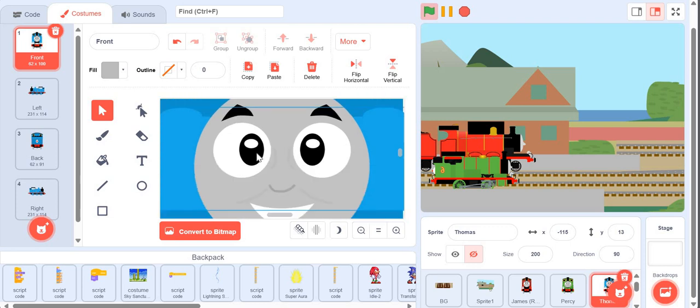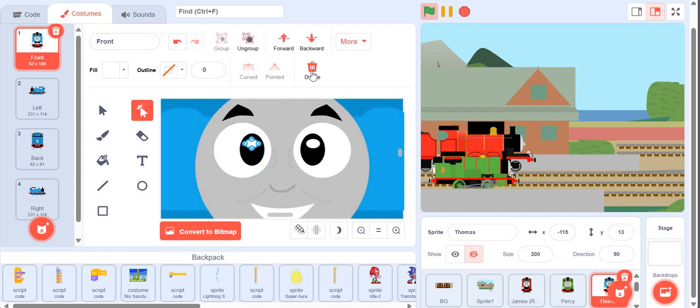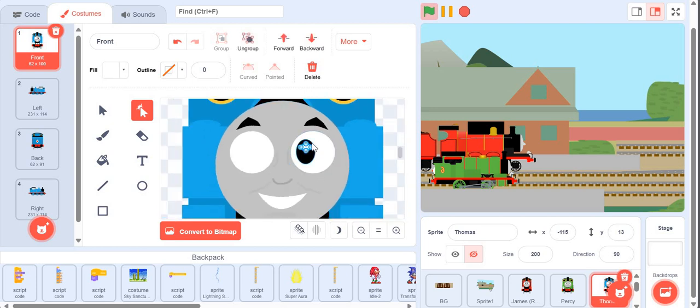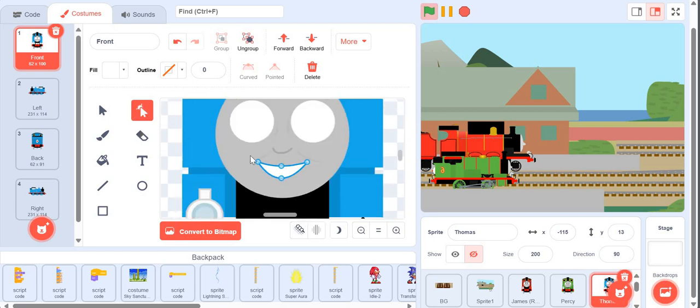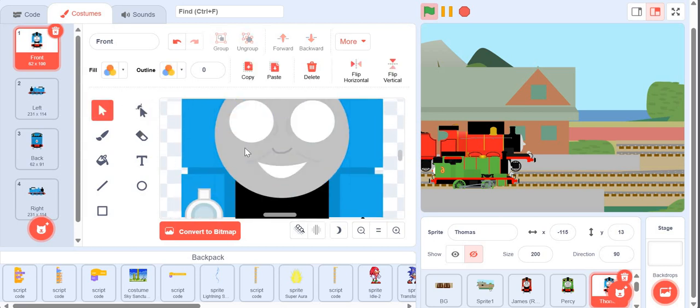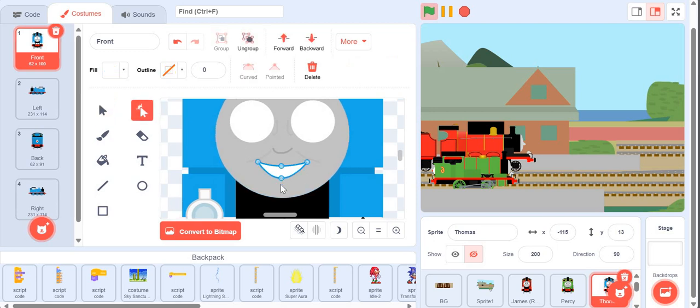It's pretty simple. All you really need to do is press this button and then delete this, delete this, delete this, and then delete that, and then take this, and you can take this and make it